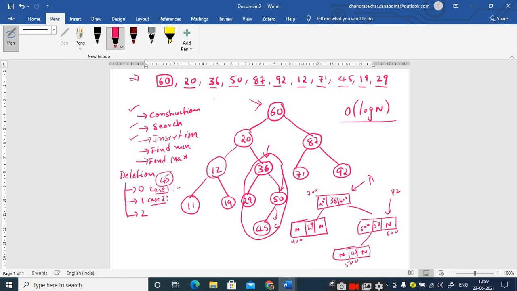How can I access the left address? P2 arrow left. Am I right or not? How can I access the right part of 36? Since 36 is pointed by P1, it is P1 arrow right. So P1 arrow right is equal to P2 arrow left.